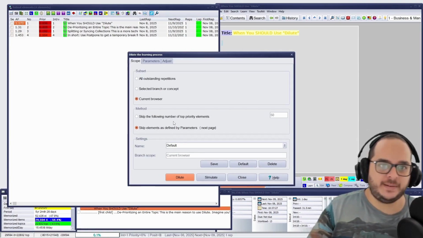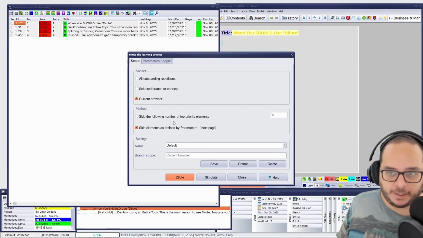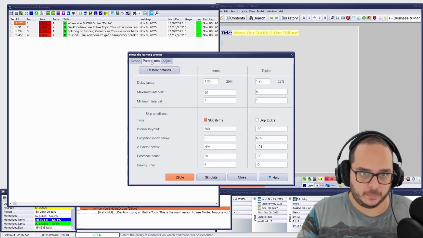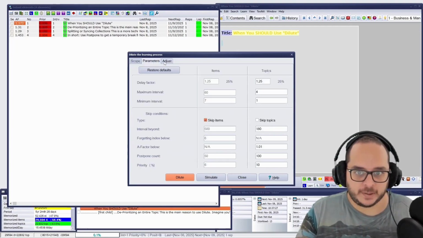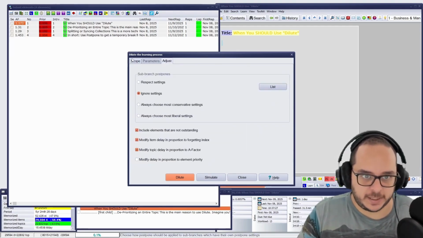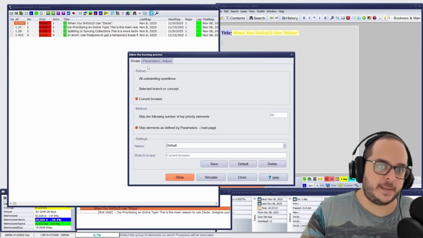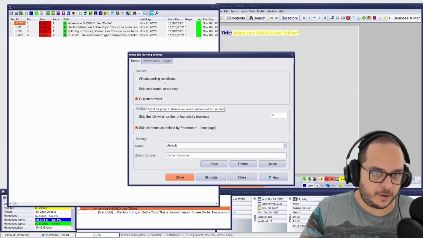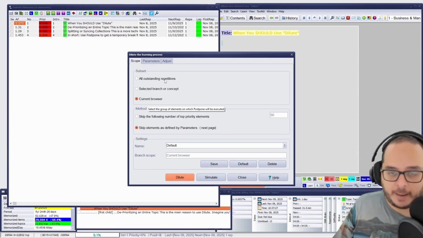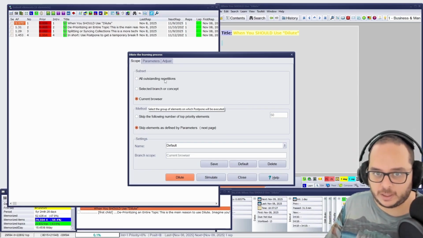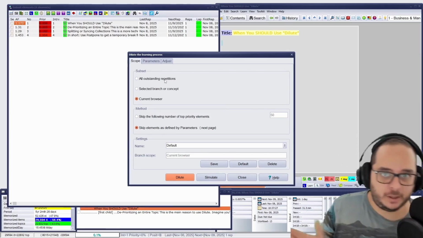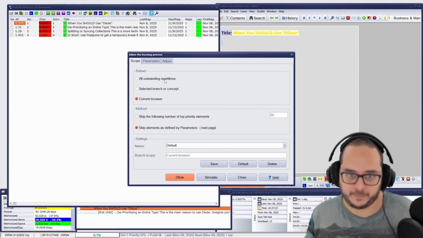And then I have the exact same menu that we have seen before, the postponing. The only difference is the title, it says dilute. And the subset doesn't say all outstanding repetitions, but current browser. Why? Because all outstanding repetitions would be, I'm assuming, outstanding elements, which means postponing, it is postpone, not dilute.